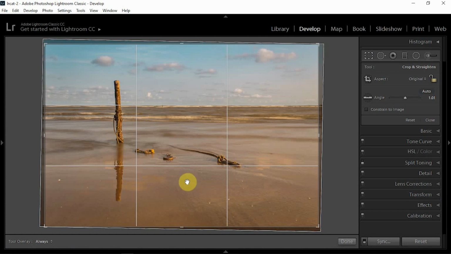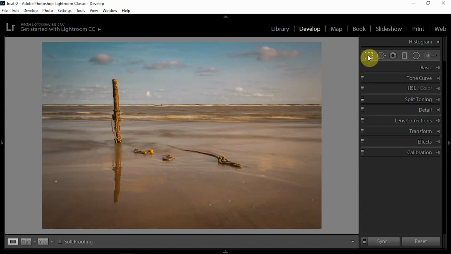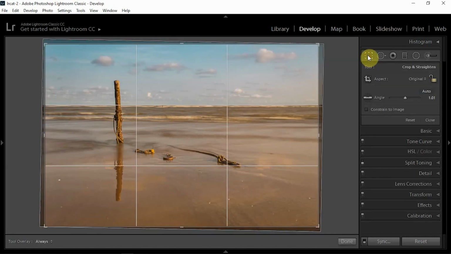That means if you take a picture and you divide it in 9 same size rectangles, then you will be getting a grid of 3 by 3. And in that 3 by 3 grid, you will have 4 intersections where the lines cross. So what you need to do is keep the subject of your photo in any of those intersections, and the interesting part, whether it is the foreground or the background or the sky, if it is interesting, then give 2/3 of the space of the photo, and if it is not interesting, then just give it 1/3.